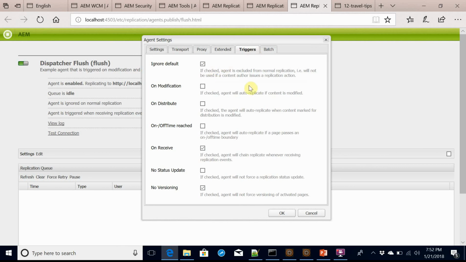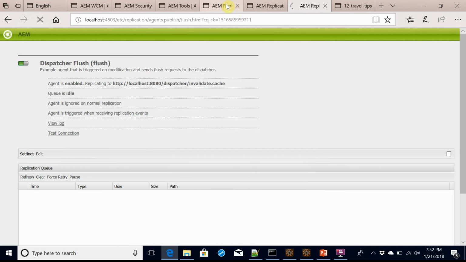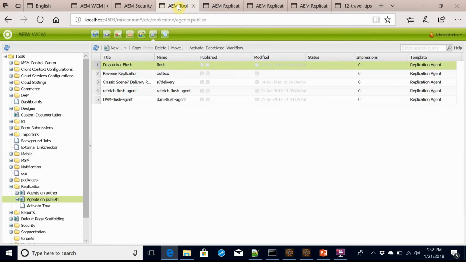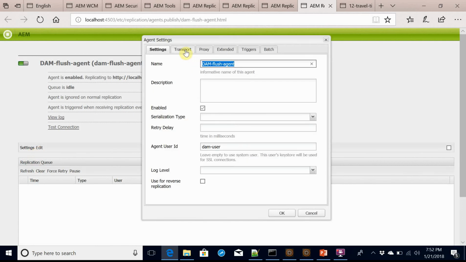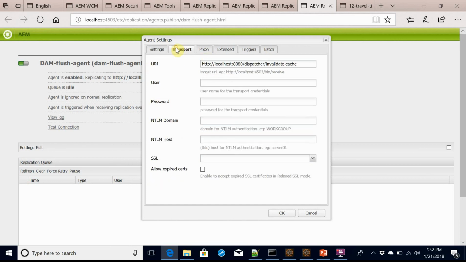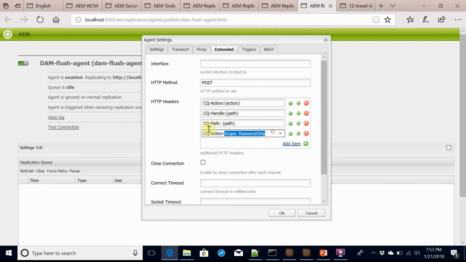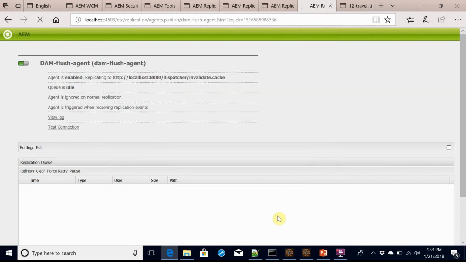For triggers, I am ignoring default and on receive. So this is fine. Now I have another flush agent specific to DAM. Here I am keeping the agent user ID as DAM user, so only DAM flushing will happen via this agent. Transport is the same, there is no difference. If I go to extended, I have to add another additional parameter here, CQ-Action-Scope ResourceOnly. So it will become a resource-only flush agent.